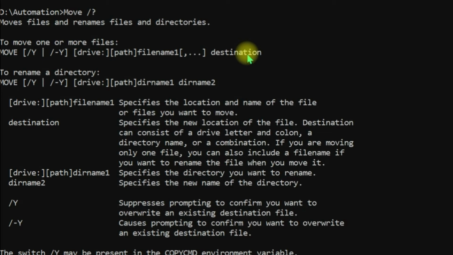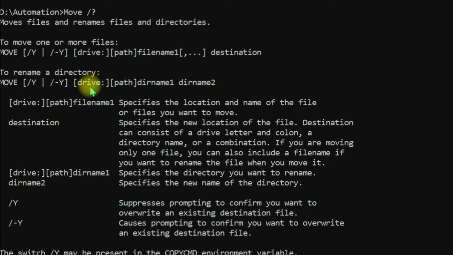Check the difference when renaming: while moving a file to a different directory you give the destination folder, but to rename a directory you just give a different name here. Other syntax is the same, move /y or /-y, to suppress the prompt or not, and then the drive,